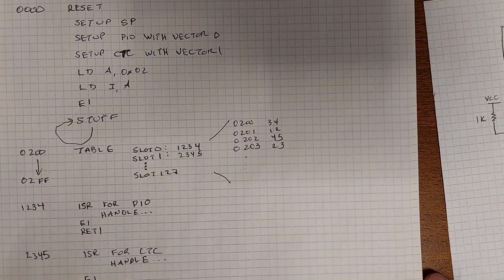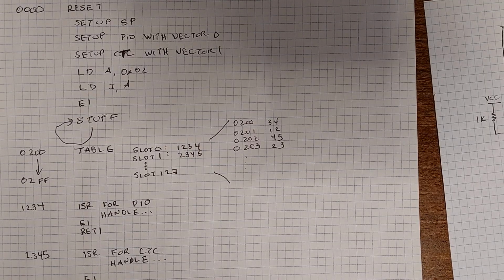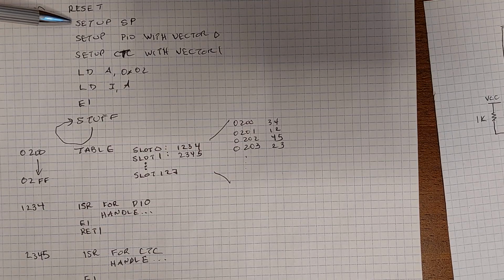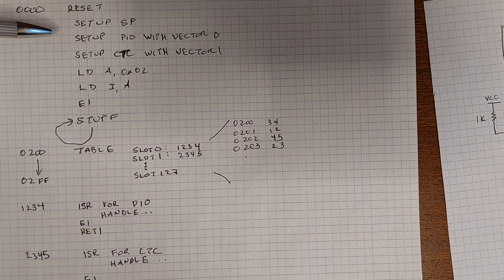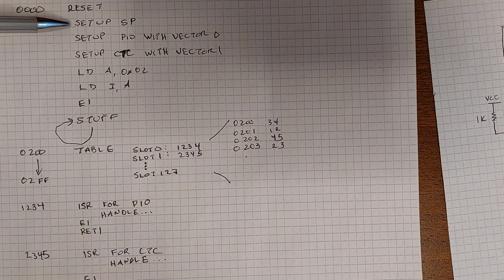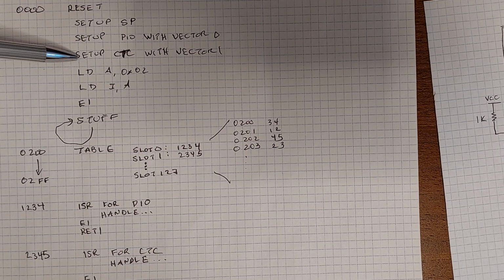Now here's what the code looks like for this system. At address 0, this is our reset code. We always have to set up the stack pointer if we're going to be using interrupts. We set up the PIO with all the various register modes as well as setting it to vector 0. And we set up the CTC with all the modes and operations we want, as well as setting it up